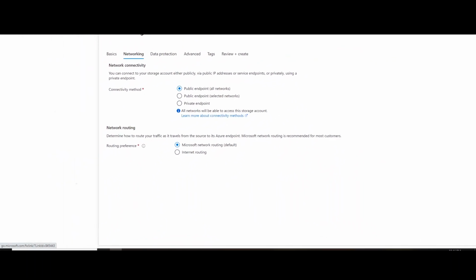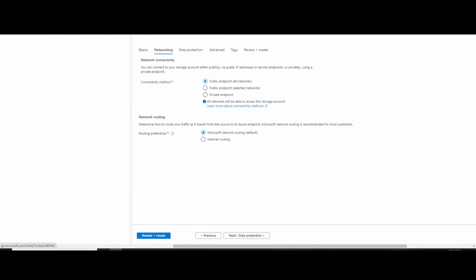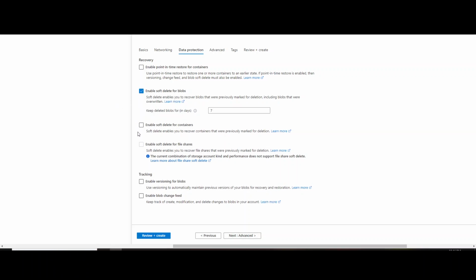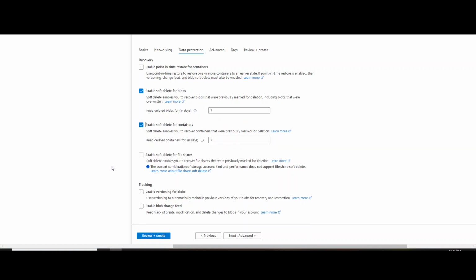Now I moved ahead. I have to provide options for networking. For now I am just leaving it as default and moving to data protection. Now coming on to data protection, I have a blob storage. I want to enable soft delete for my blob. I want to enable soft delete for my container. Now what does this mean? This means that in case by mistake I delete my blob or I delete my container inside the storage account, I will be able to recover my blob or my container within 7 days.